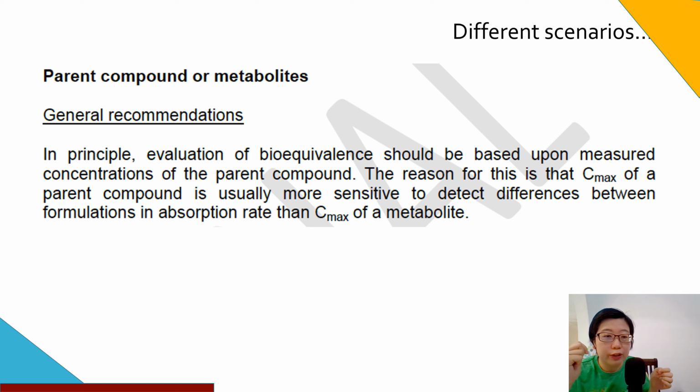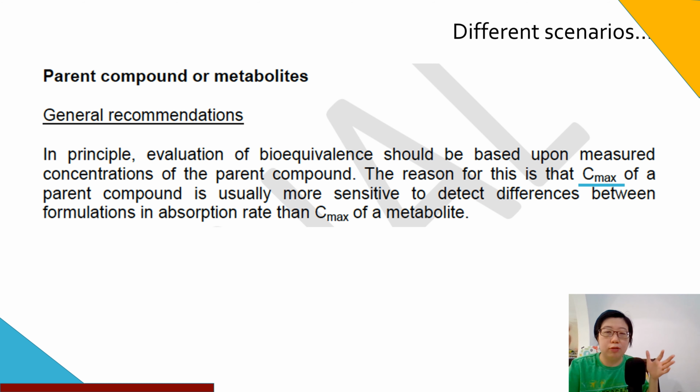Let's start with the easiest one again. The easiest general one is the parent compound, i.e. the drug that you take in per se. Whether it's active or inactive, that will be our main substance that we measure or evaluate as a surrogate or marker for the Cmax and for its distribution, because that's the first thing that comes in. So that would be the ideal